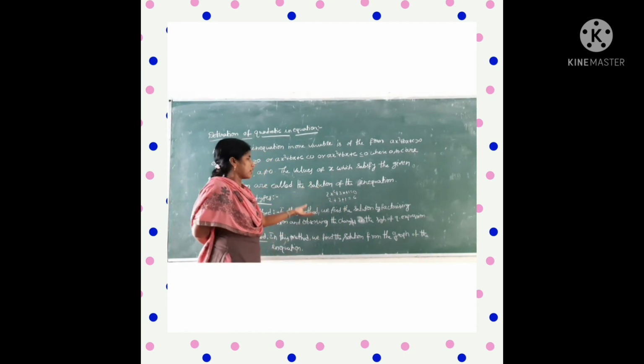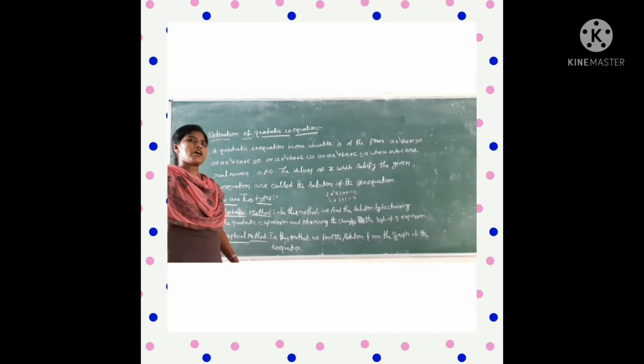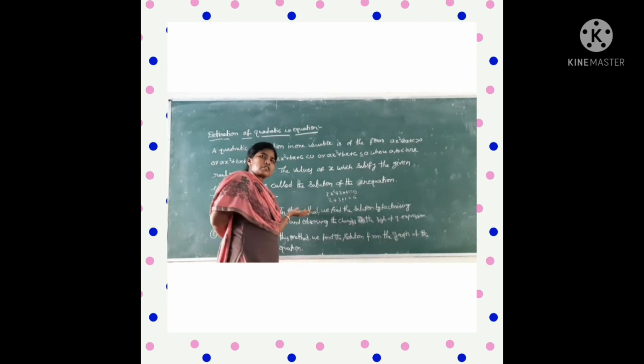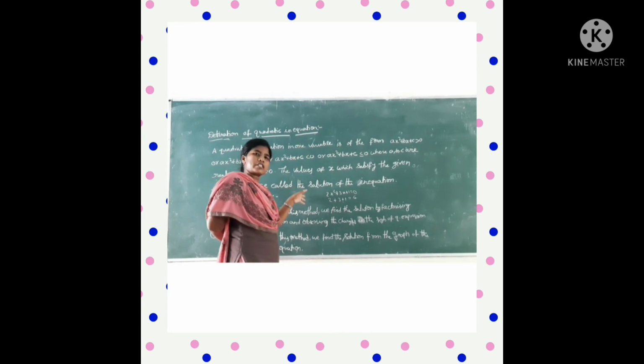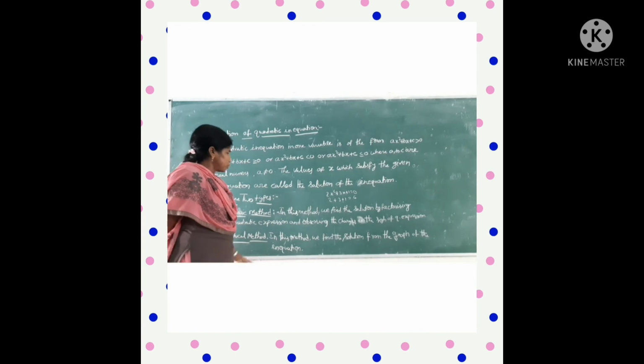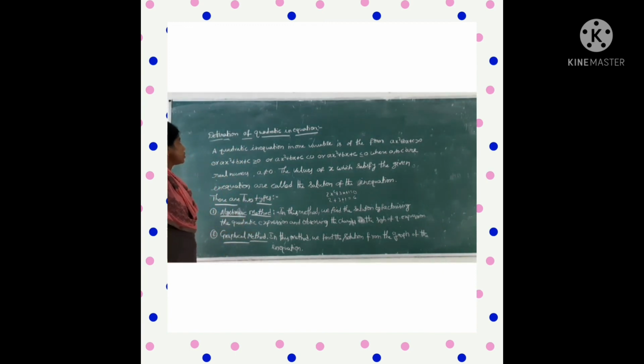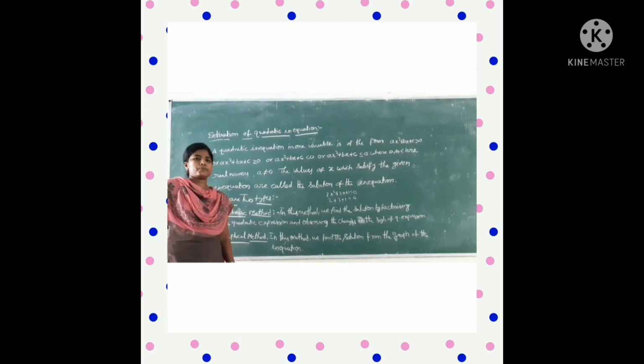Like that we get two values. That is using a graph. We already learned graphs in 10th class also: x values on the x axis and y values on the y axis. Then we draw a graph. Like that we can do the graphical method. Okay, this is the last topic of quadratic equations. So with this too, we have completed this class. Okay.